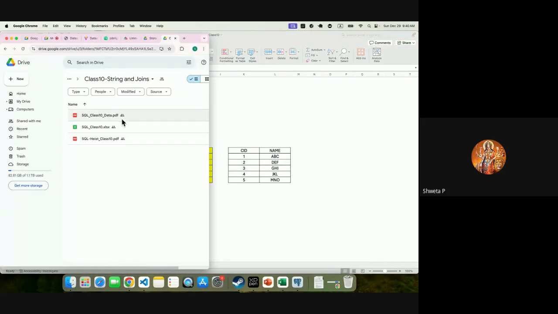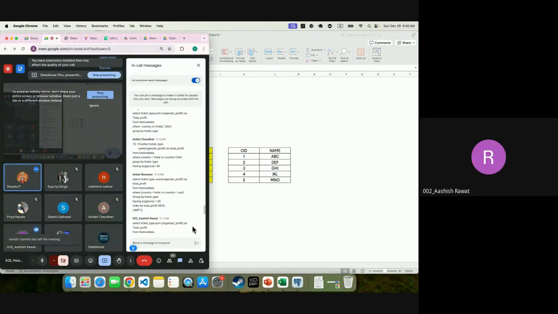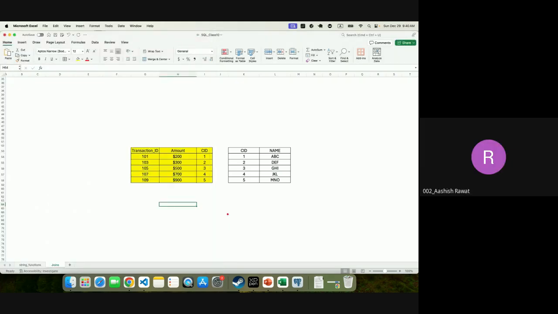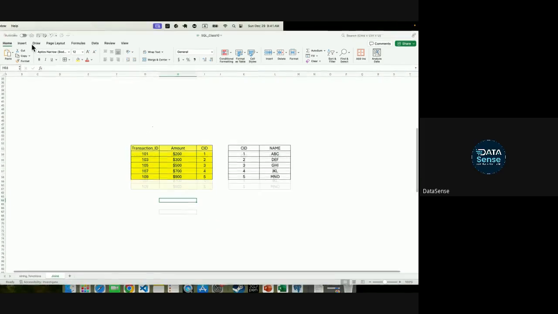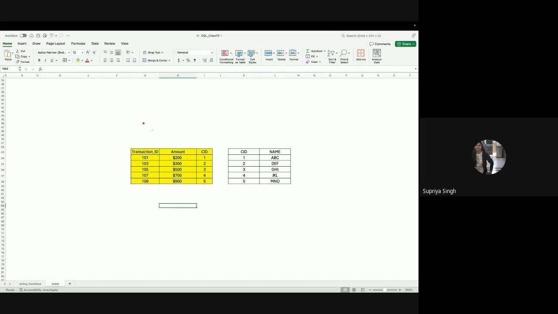First, joining with the customer IDs. I told you I am not asking about joining right now. First we'll count the number of transactions for each of the customer IDs. I'm asking about the maximum transaction amount. Read the question once again. Amount is there, so create a new table using both, then extract the maximum amount. Tell me the customer name who has done the maximum transaction